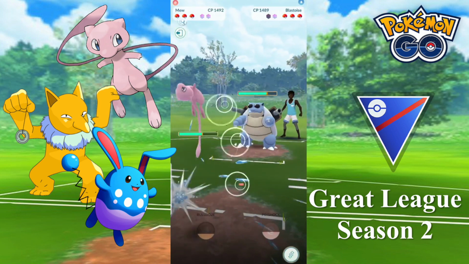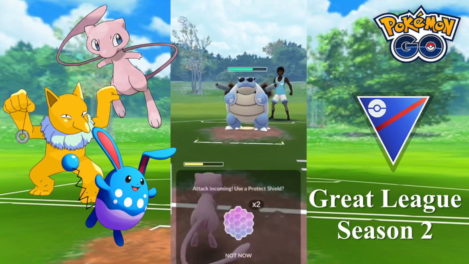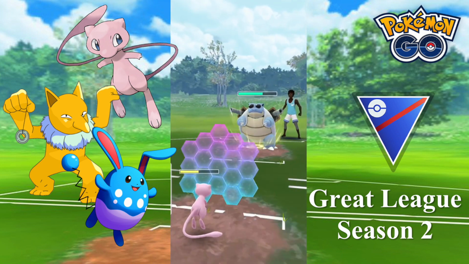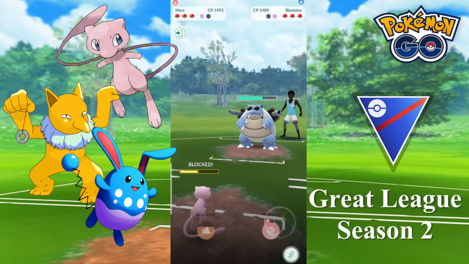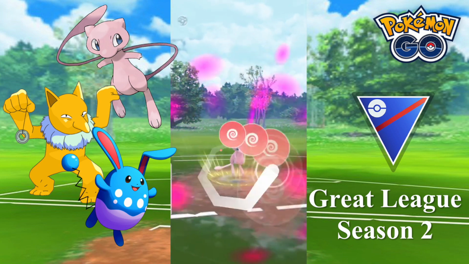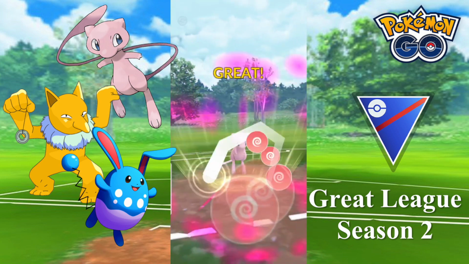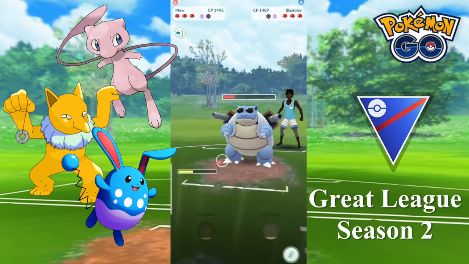He shields, and it should be able to get to his charge move first. This should be a Hydro Cannon coming in. We are going to have to shield this, otherwise it will take out Mew. And now we are dishing out our second Side Shock. He lets it through